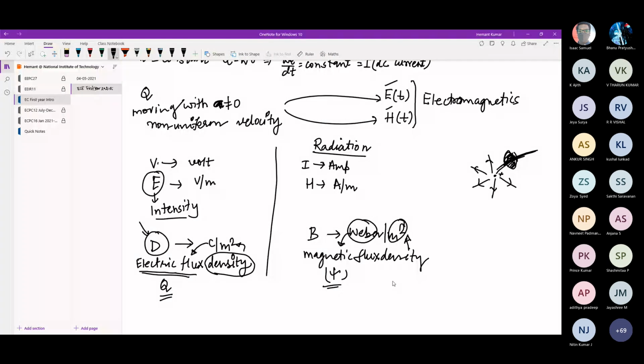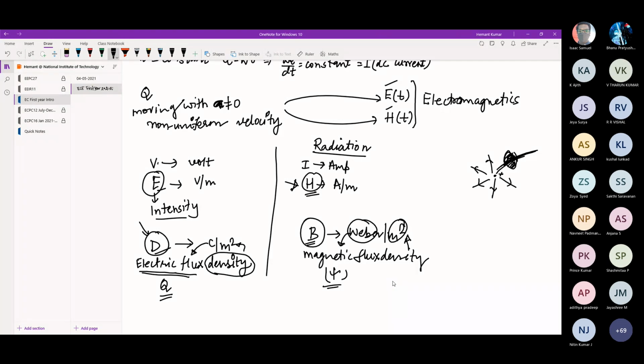If we are going to measure in terms of intensity, we have E. If we are going to measure anything in terms of density, then we have to use D. Similarly, in magnetic field, we have to use H and B. If we are going to measure in terms of intensity, we have to use the term H. If we are measuring anything in magnetic field in terms of density, we have to use the term B. Okay, so